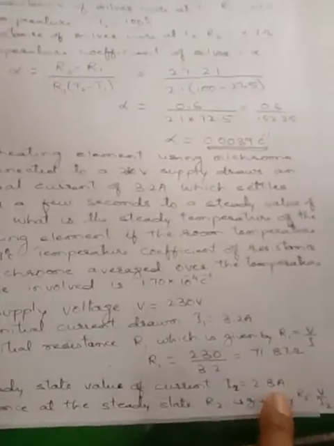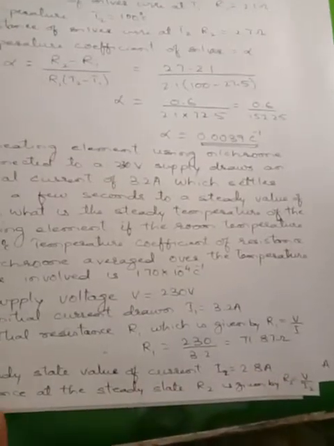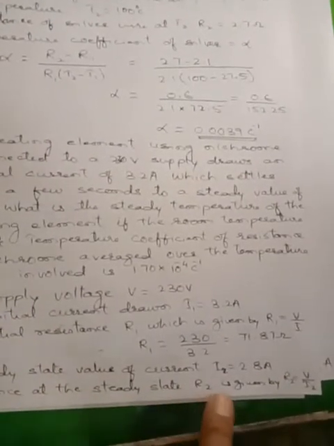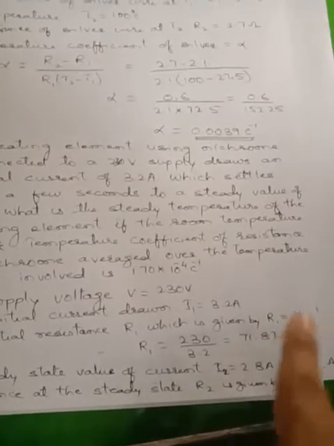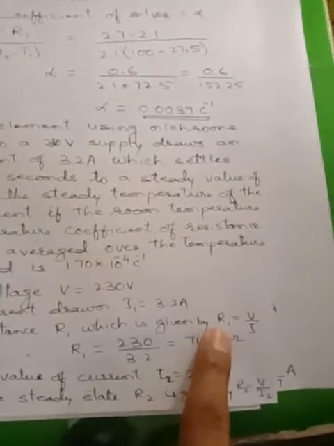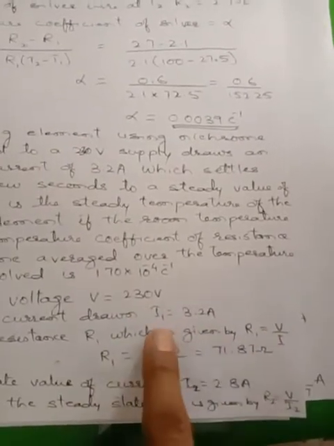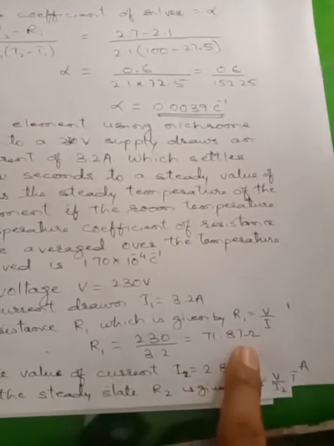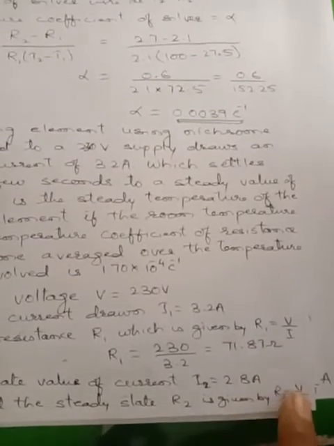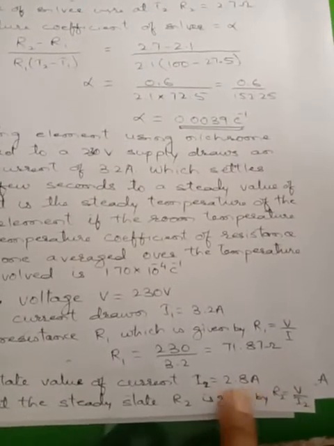2.8 ampere. Steady state value is 2.8 ampere. So resistance at the steady state R2 is given by what? R2 is equal to V by I2. Like in the first case, what did we take? R1 is equal to V by I1. So V is 230, I1 is 3.2. So 71.87 ohm came. Now in the second stage, voltage is same, 230, but current is how much? Steady state is 2.8. So V by,